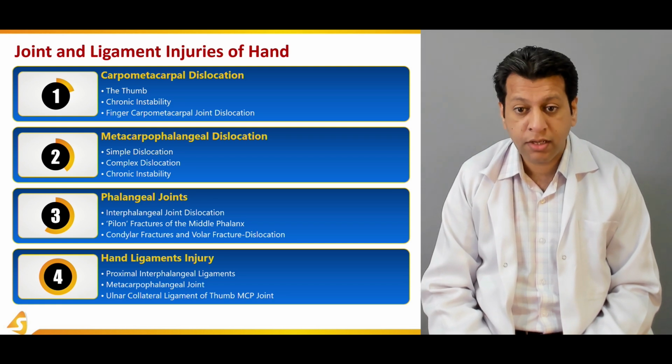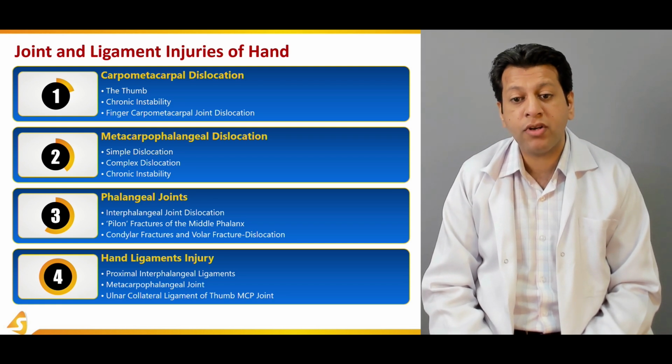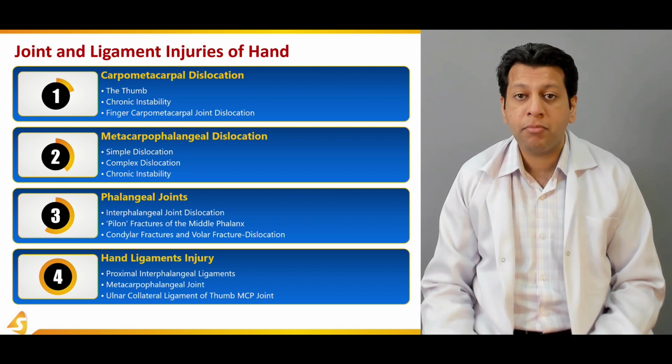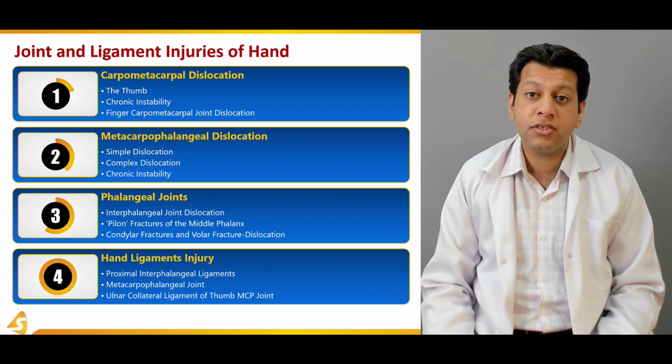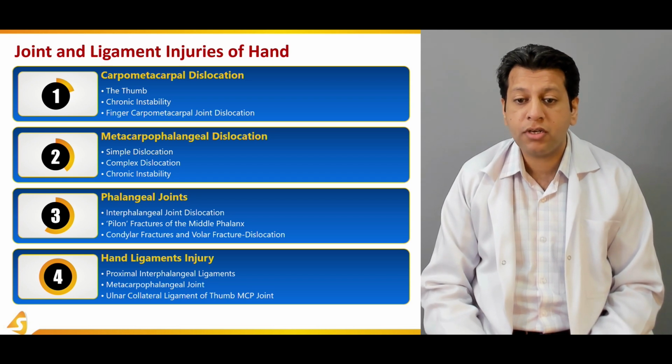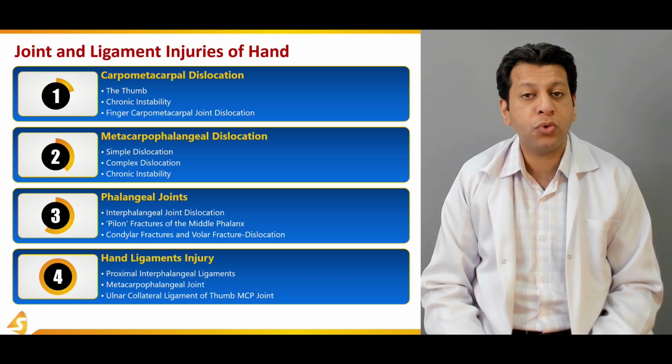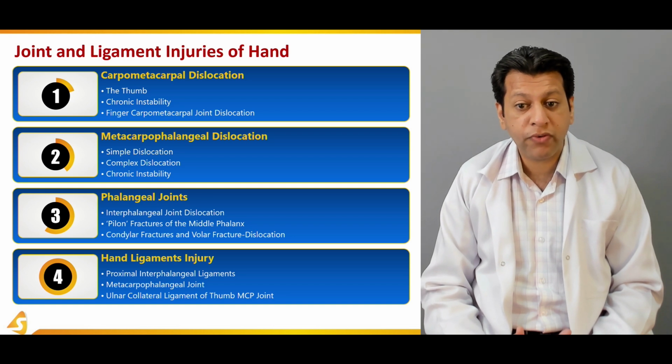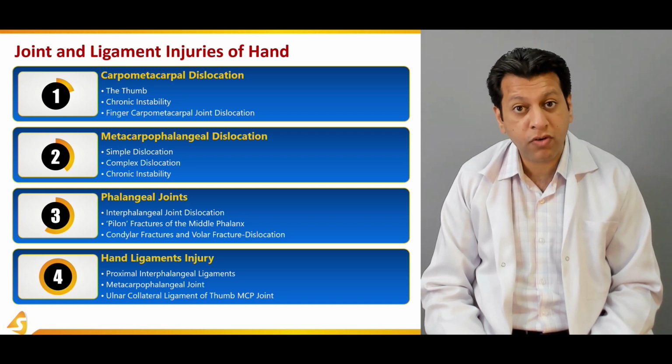have for that. In the third section, we're going through the phalangeal joint ligaments, different ligaments which can get injured, and how to diagnose them and what are the management options. Especially, we'll be going through the interphalangeal joint dislocation, which is between the two phalanges, especially the proximal interphalangeal joint